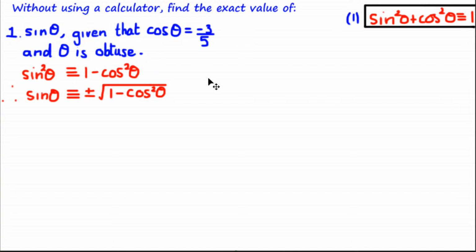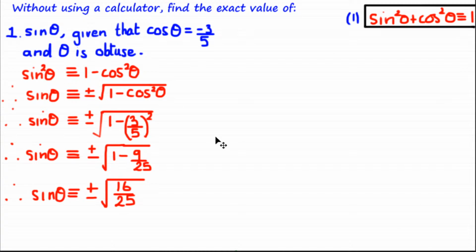By plugging in -3/5 in place of cos theta, I'm just going to quickly go through this because we're running out of time, we get that sine theta is equivalent to plus or minus the square root of 16/25. Going on and evaluating the square root term, we get sine of theta is equivalent to plus or minus 4/5. Now you're not done here, okay,